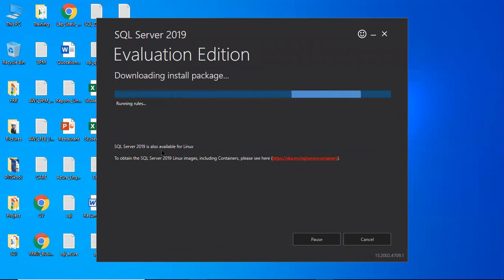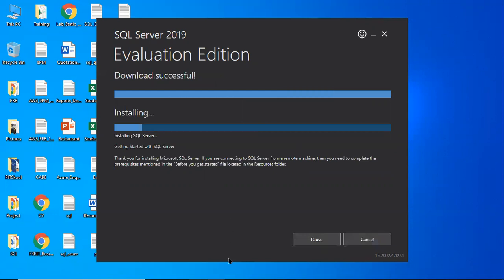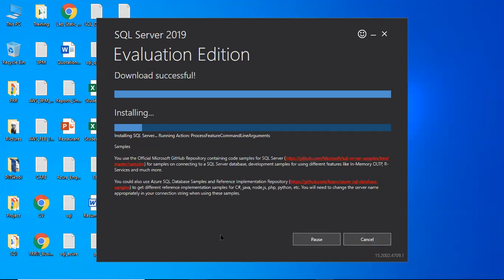Check here, from SQL Server 2017 onwards, remember this important point: SQL Server works on any platform now. Not only Windows, it may be Linux or Mac. To avoid the system restart, I deleted one parameter in the Windows registry. I will show you that again later, no need to worry.